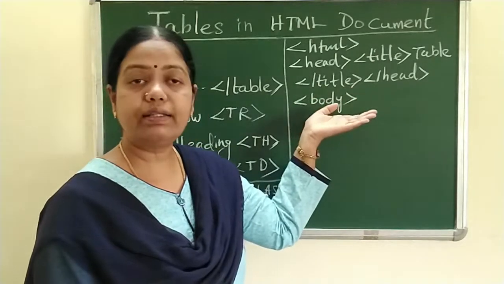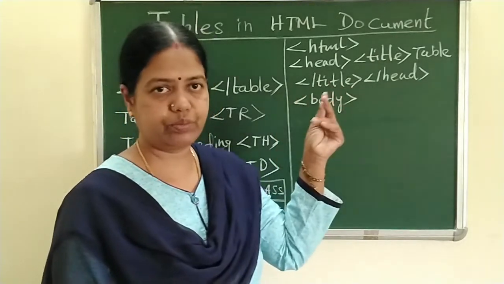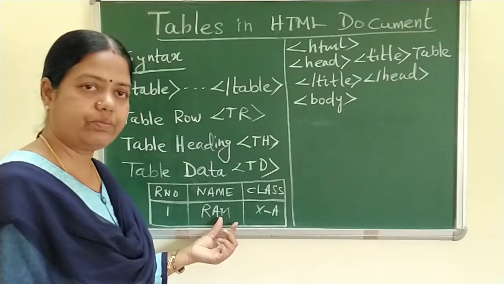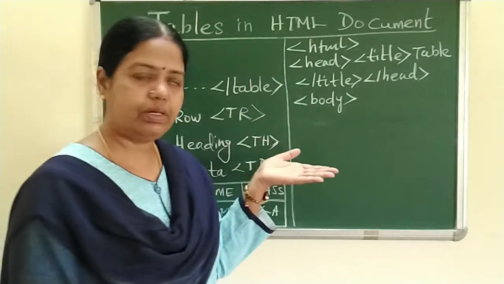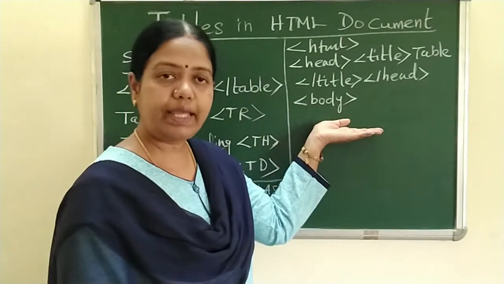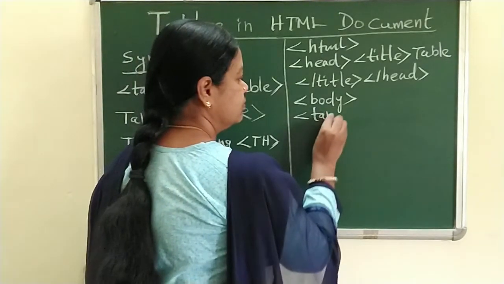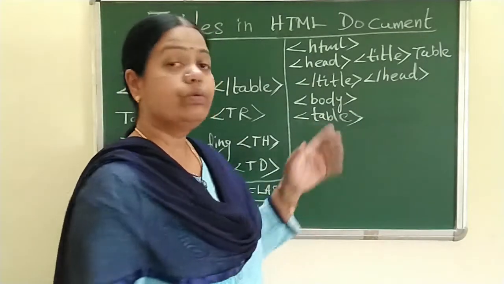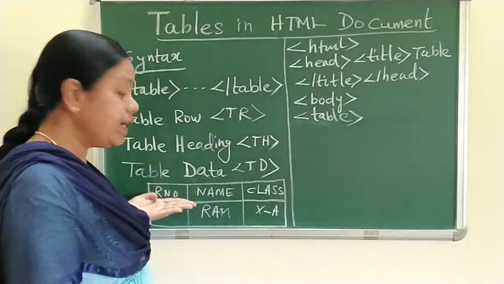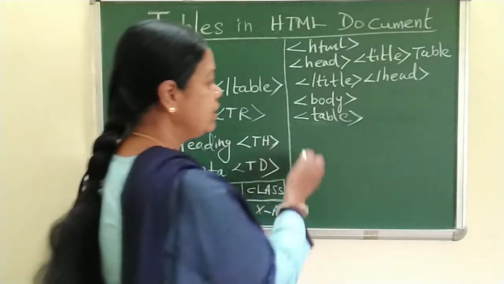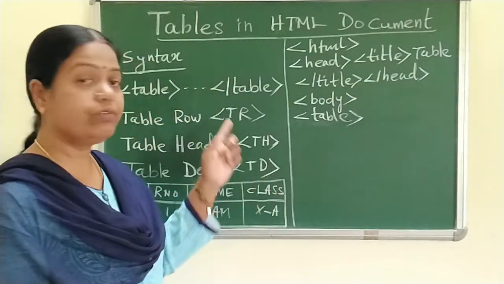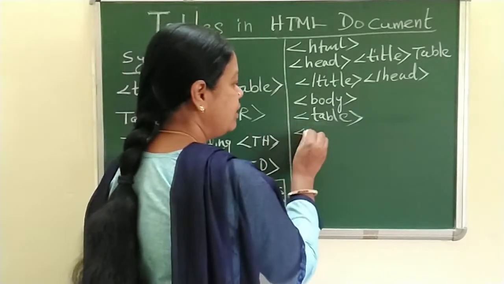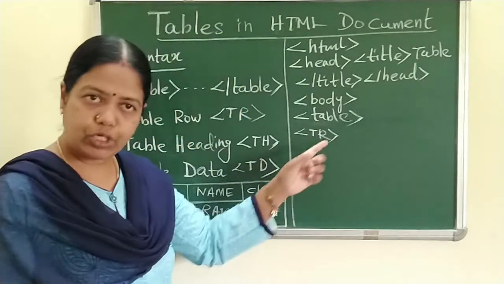Now we are going to start the body of our web page. In the body of the web page, we are going to display this table. For starting the table, we have to write the tag table. So now the table we have started. Now next part, we have to create the table row. So here, for creating the table row, we have to use the element tr. So next you have to start tr, table row we have started,